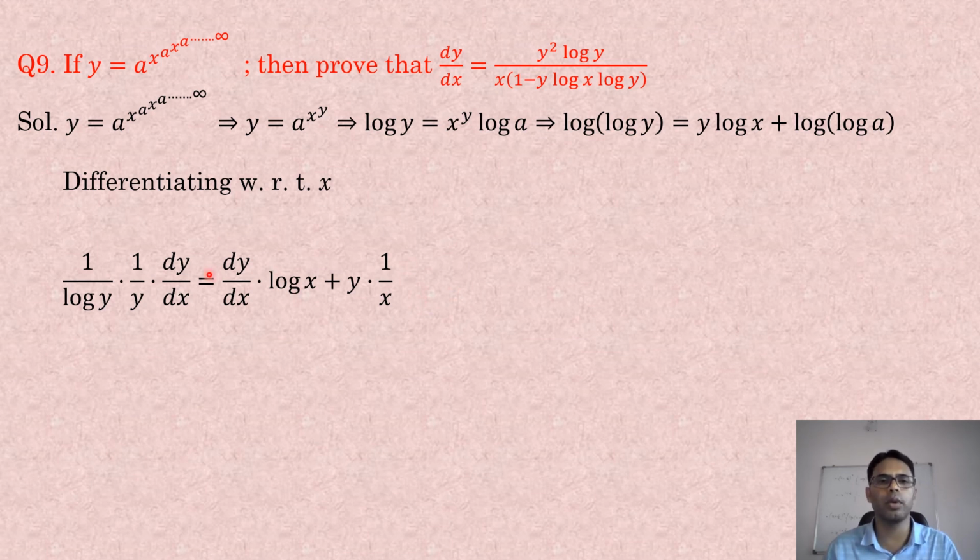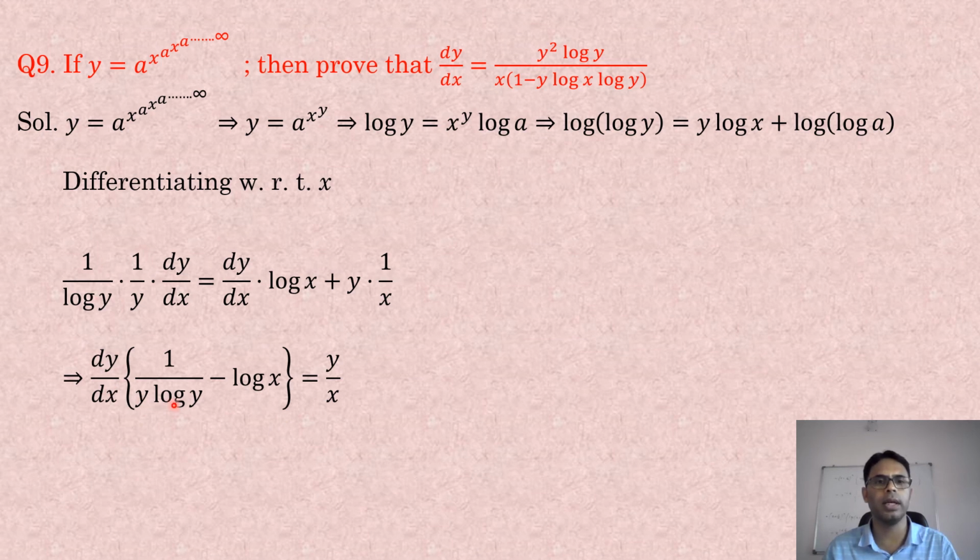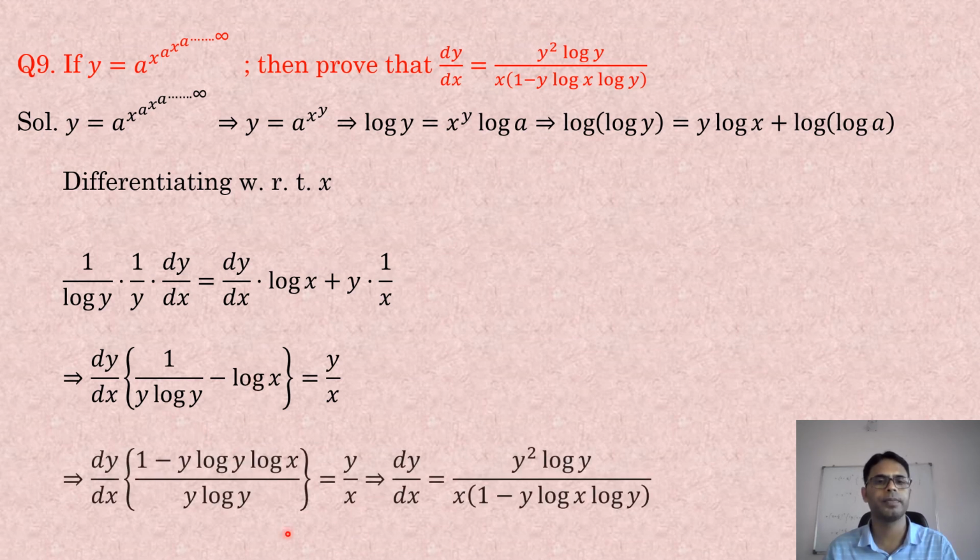Then you take dy/dx common in the left hand side. Here 1 by y log y is there, minus log x, because this term is going to the left hand side, so it will be a negative number. Dy/dx is already taken common, and is equal to, this term is simply y by x actually. So I am writing y by x. Then take LCM in the left hand side. So dy/dx, it is y log y, this one is remaining the same, minus, so it is y into log x into log y, so 1 minus y log x log y, this one is equal to